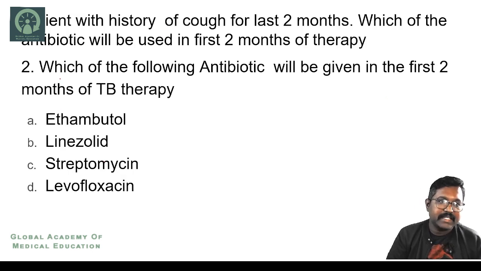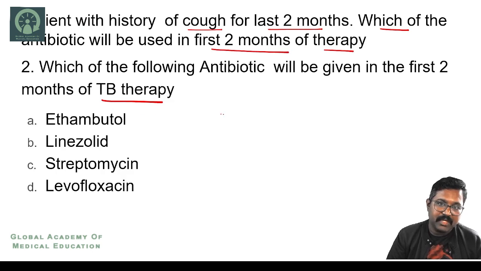Next, coming to the second question. Which of the following antibiotics will be given in the first 2 months of TB therapy? Some of them said that the question was asked like this: a patient with a history of cough for 2 months, and which of the following antibiotics will be used in the first 2 months of therapy? Please remember, in the first 2 months of therapy, you will be using the